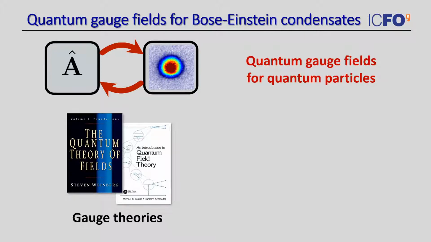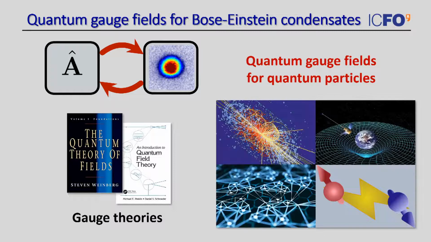So we already heard in the previous talk that gauge theories are very fundamental for our understanding of nature. They describe interactions between elementary particles as mediated by gauge bosons. Also, they describe gravitational physics, because general relativity is a gauge theory. And if we go to low energy physics, gauge theories also appear as effective descriptions of certain strongly correlated materials like spin liquids, spin ice, or fractional quantum Hall states.